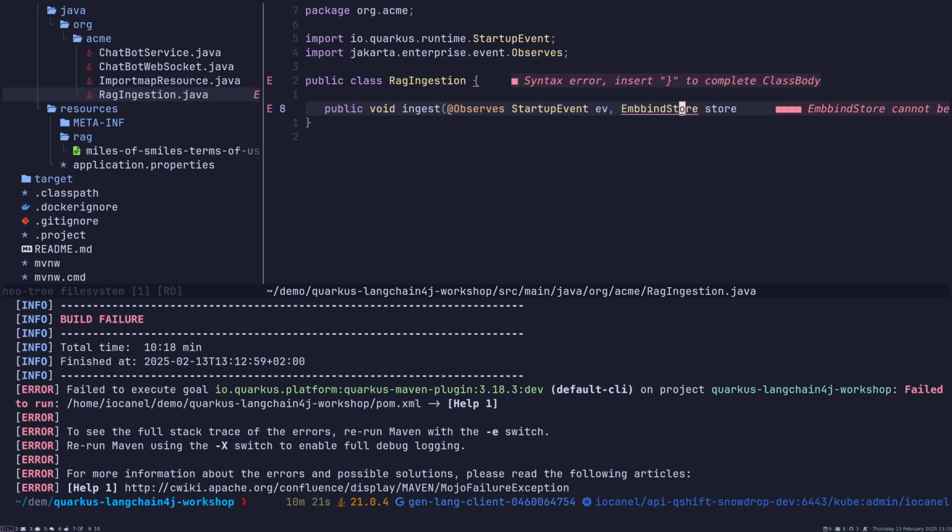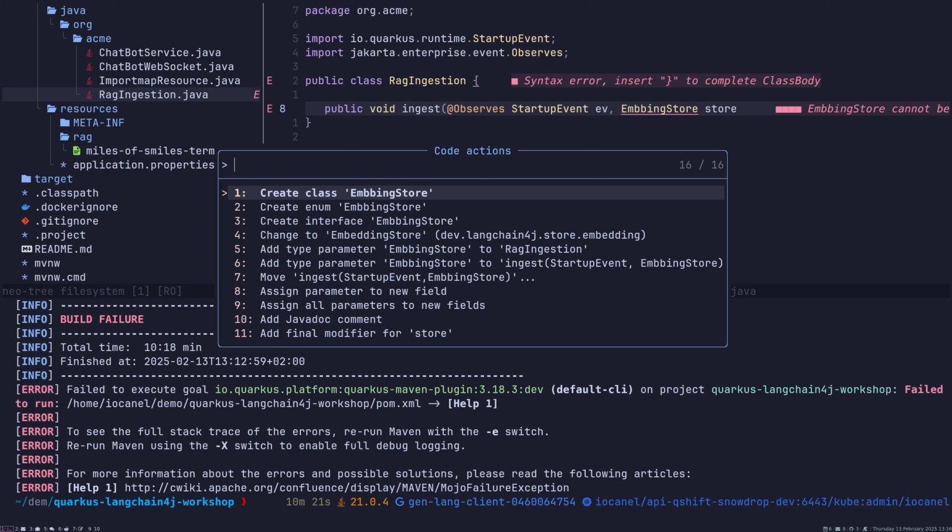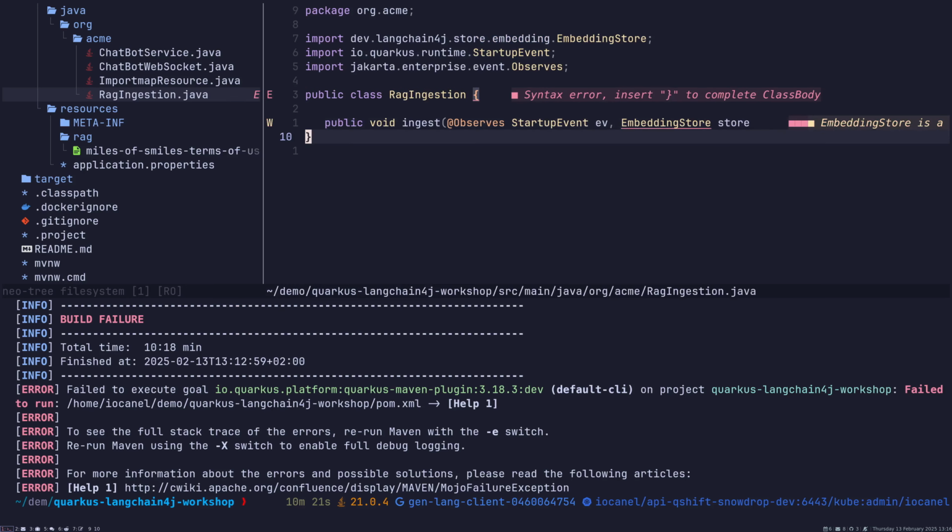Maybe I need to type it correctly. Embedding store. No embedding store, or maybe I need to update my IDE configuration and restart the LSP server in order to find where to import the embedding store from. And I think that, yeah, that should be it. Embedding store, and then we are also going to need